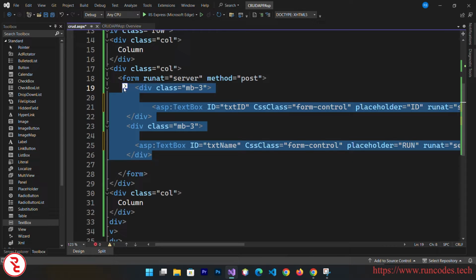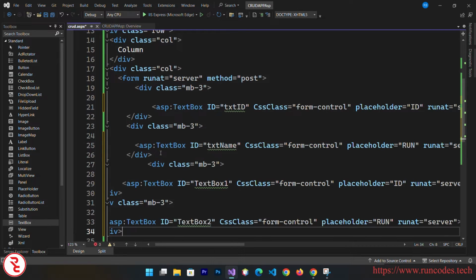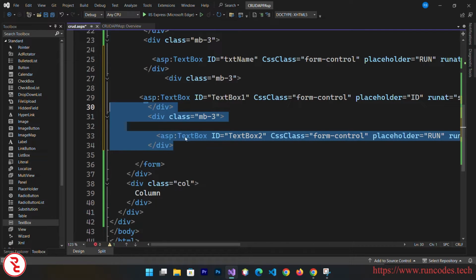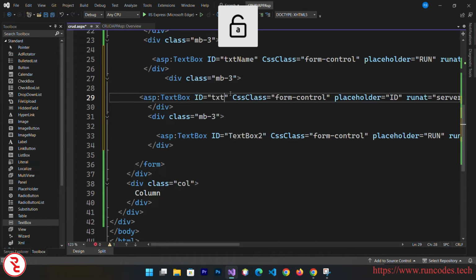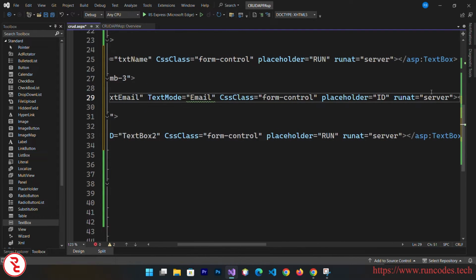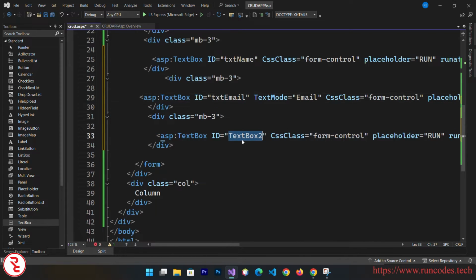and simply copy this div, and because we need a couple more controls here, select this and press that tab so that it will align automatically, and here goes txtEmail, and here you can give the TextMode is equal to email, and placeholder is equal to run at random.com, and here goes txtUser,